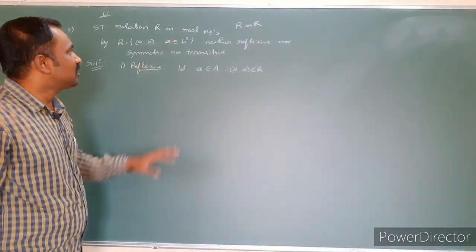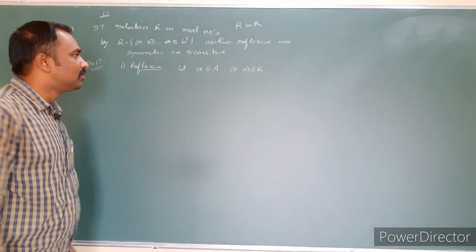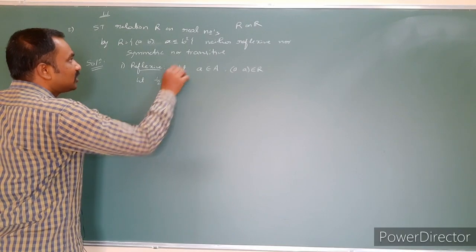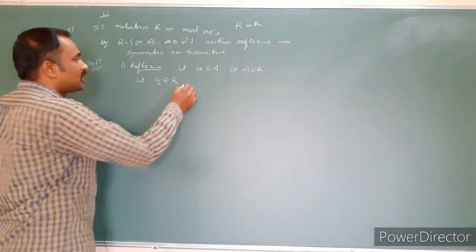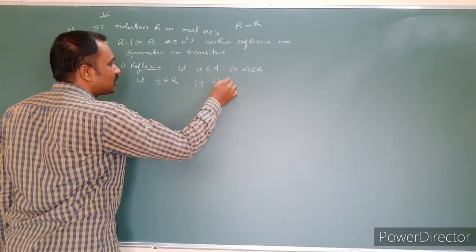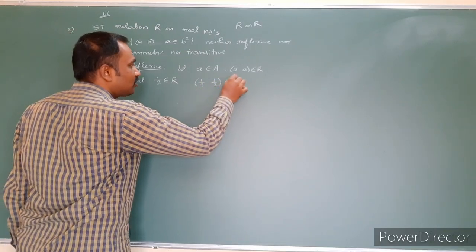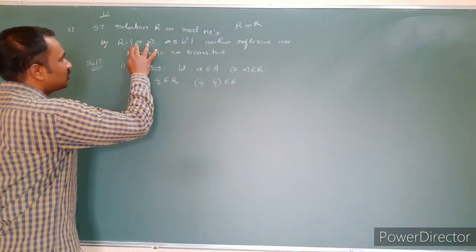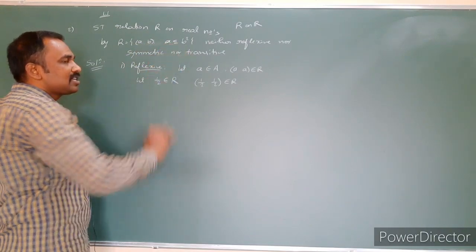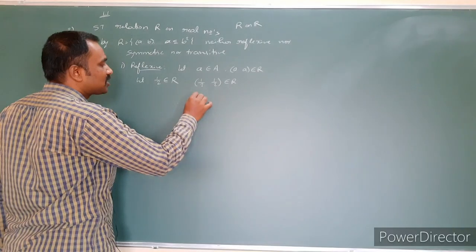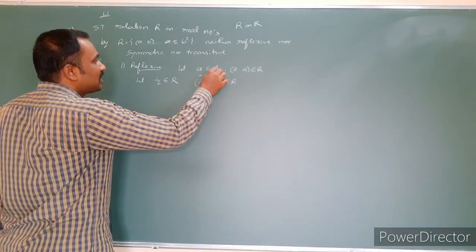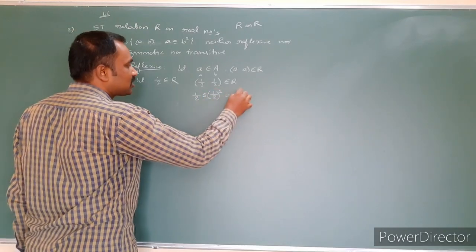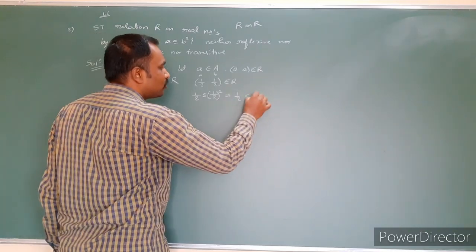If I consider it generally, it is not possible to decide whether a ≤ b². So I just consider one particular number. Suppose 1/2 belongs to the set of real numbers. Check whether (1/2, 1/2) belongs to the relation. These two numbers must be related in such a way that a ≤ b². Replace a with 1/2 and b also with 1/2: 1/2 ≤ (1/2)², which is 1/2 ≤ 1/4.